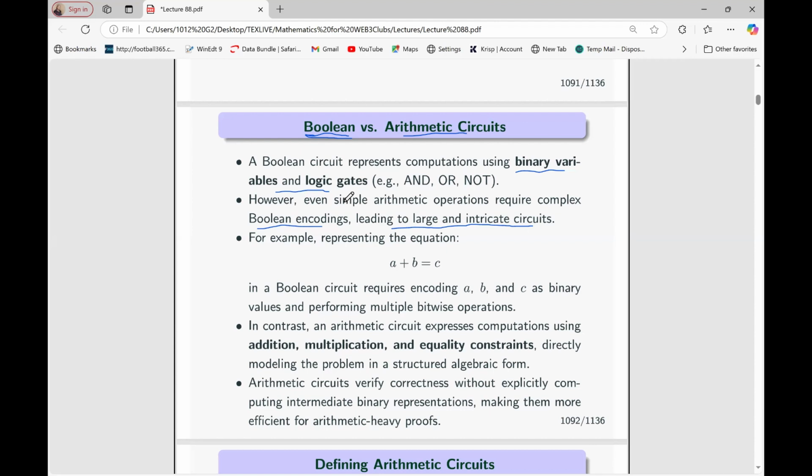For example, if it was to just A plus B,